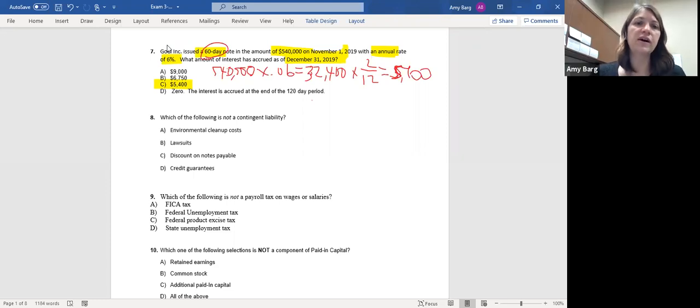All right, so which of the following is not a contingent liability? So a contingent liability is a liability that kind of depends on something else, right? So a lawsuit kind of depends on whether or not you actually win the lawsuit. You can be pretty sure you're going to lose, but you might not. Credit guarantees will depend on whether you're guaranteeing something, but it depends on whether somebody else follows through on what they're supposed to do. Environmental cleanup costs, like, you can say this should cost this amount, but